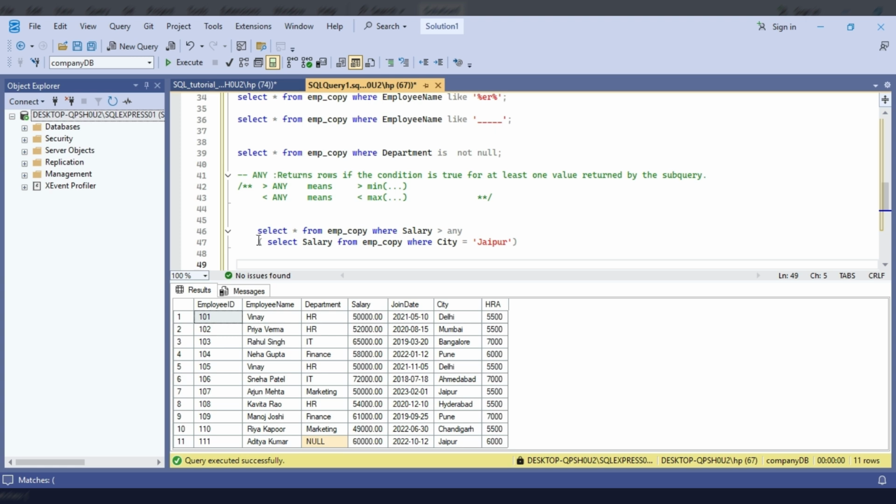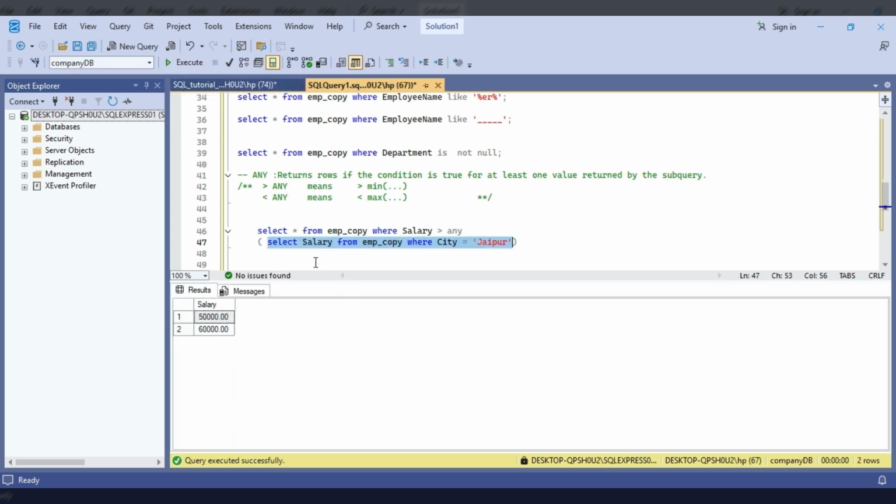Now this query is select star from emp_copy where salary is greater than ANY value given by this subquery. This is the subquery. If we select this subquery, what values does it give? Select only this subquery and execute. This subquery gives 50,000 and 60,000.